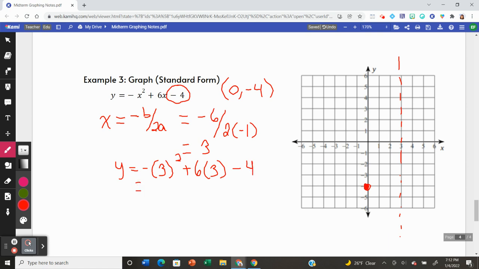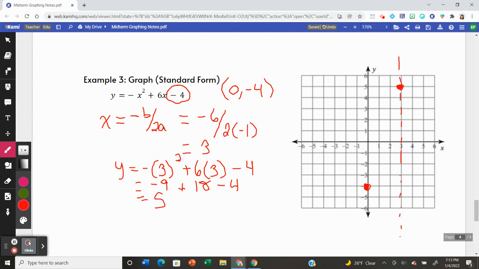So 3 squared is 9, but we have the negative out front, so negative 9. 6 times 3 is 18, minus 4. So we end up with 9 minus 4 is 5. So 3 comma 5